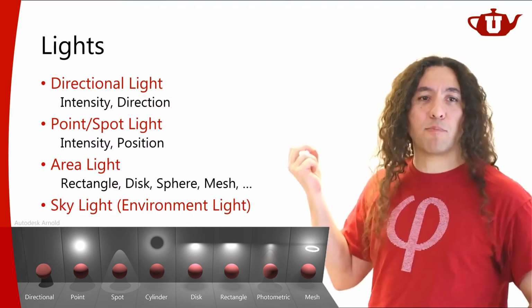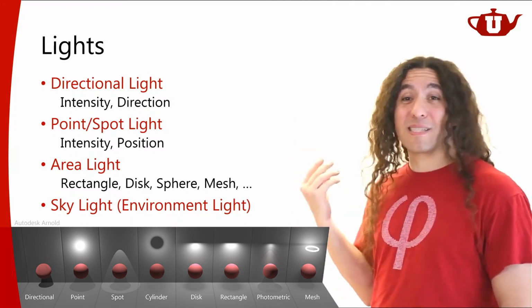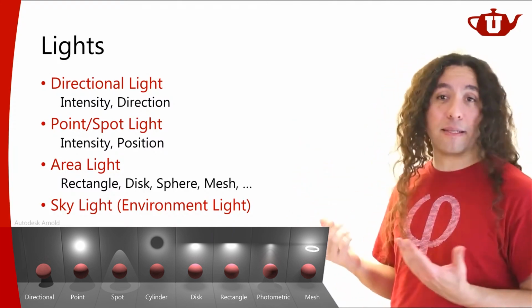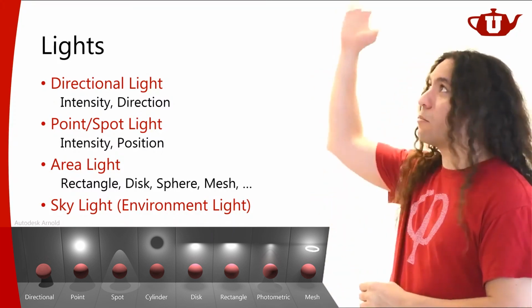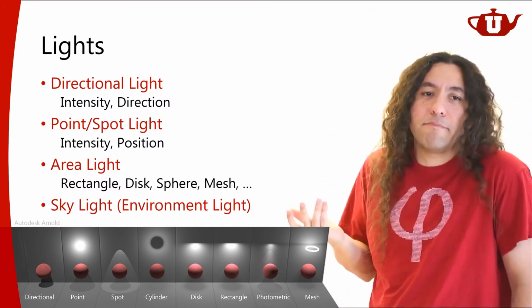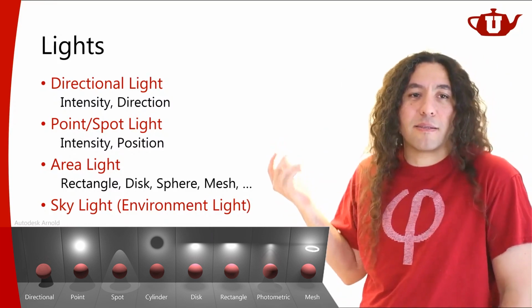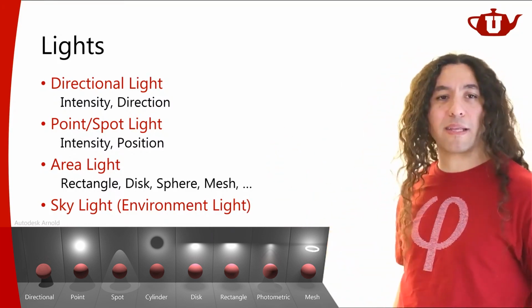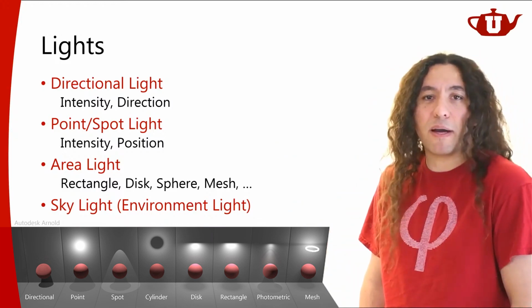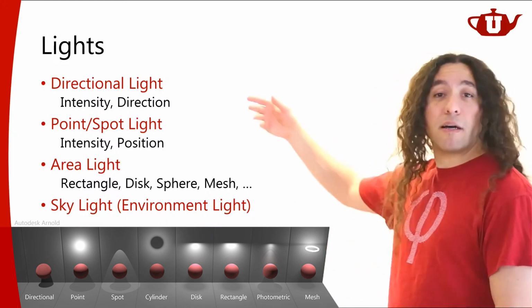If you have a small light bulb somewhere, so what does small mean? Small in the context of your scene. Say I'm rendering a giant hall and there's some light source up on the ceiling. Maybe it could be a point light because it's very small compared to the rest of my scene, so I might as well just approximate it as a point light, and that would be fine. Right? So point lights are used a lot.